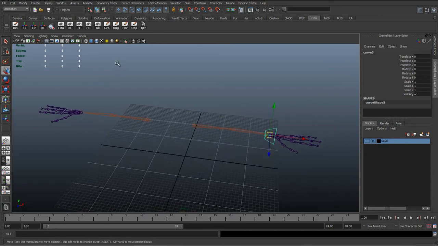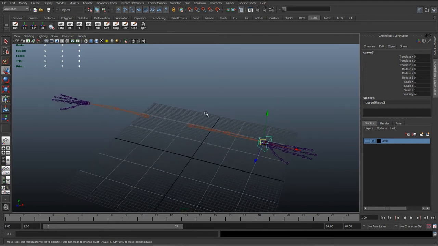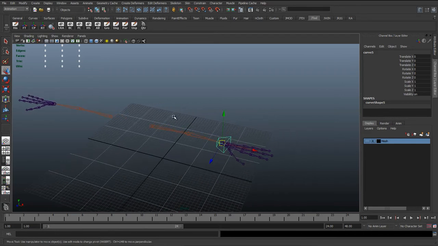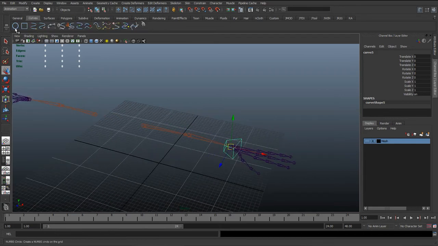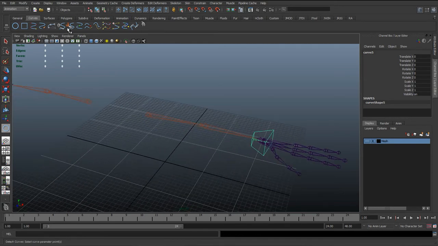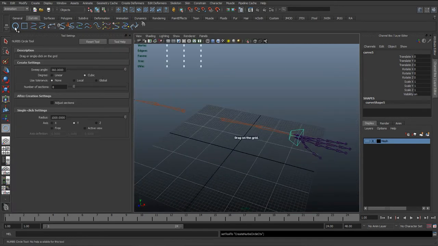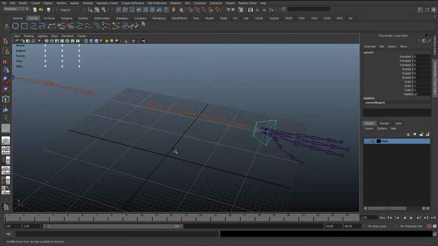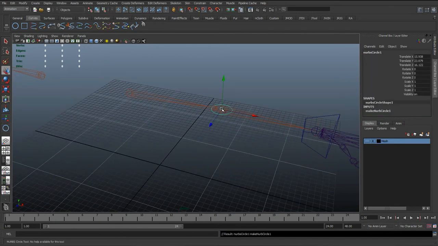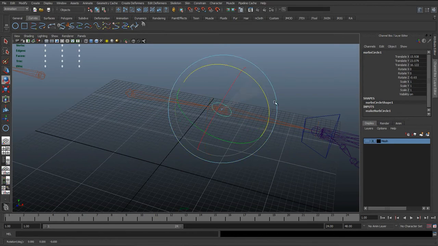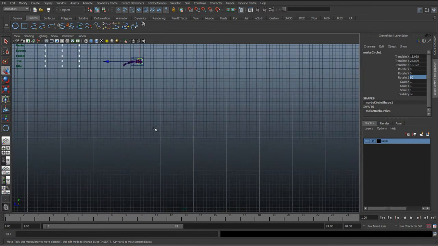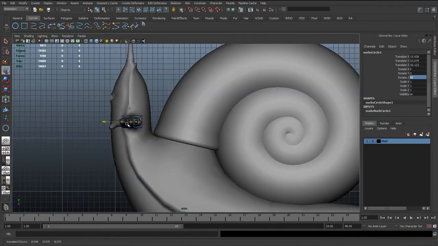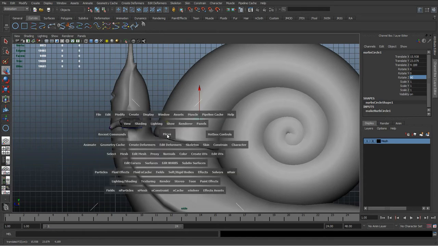Now a good way to, well actually we'll mirror the controls over in a sec, because we can mirror across the pole vector controls as well as the wrist controls both together. So I'm going to go ahead and start making the pole vector control. So in the curves I'm just going to double click the NURBS circle tool and reset the tool, and I'm just going to hold down V and vertex snap onto this joint here. I'm just going to rotate this 90 degrees and showing the mesh, just move this back